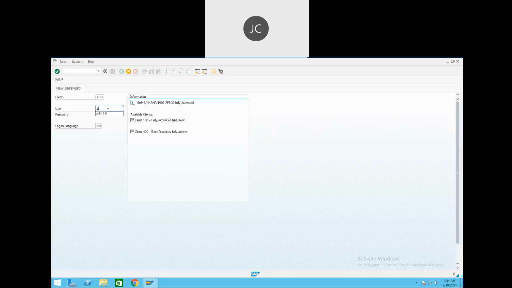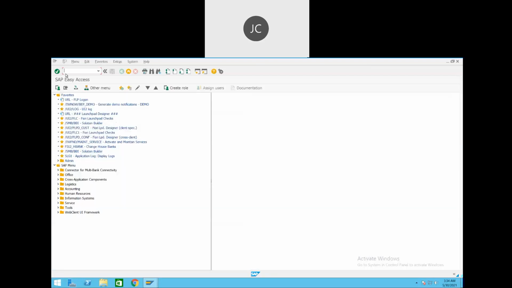So I will give my user ID, like this is my user ID, and I have given my login language is English, right? So if anyone wants to work with other languages, they can log in with that also. But our login is English, okay, and we will enter. So as we enter, we can see so many screens here, right? So let's understand what all this is, right?